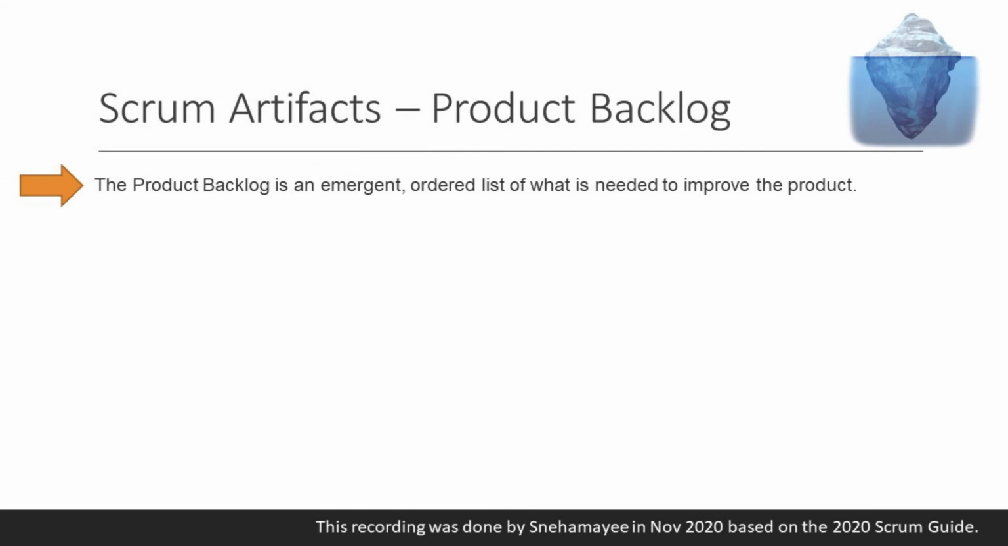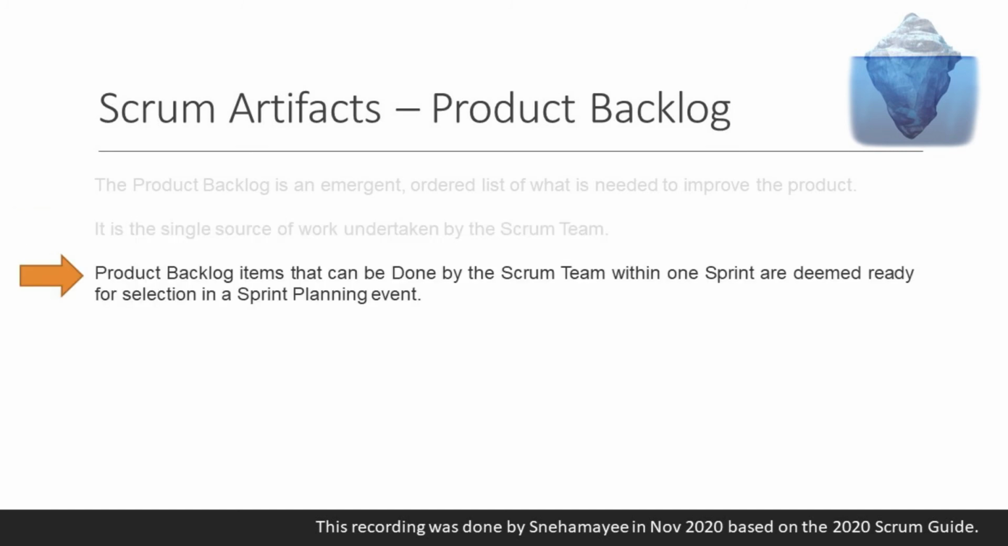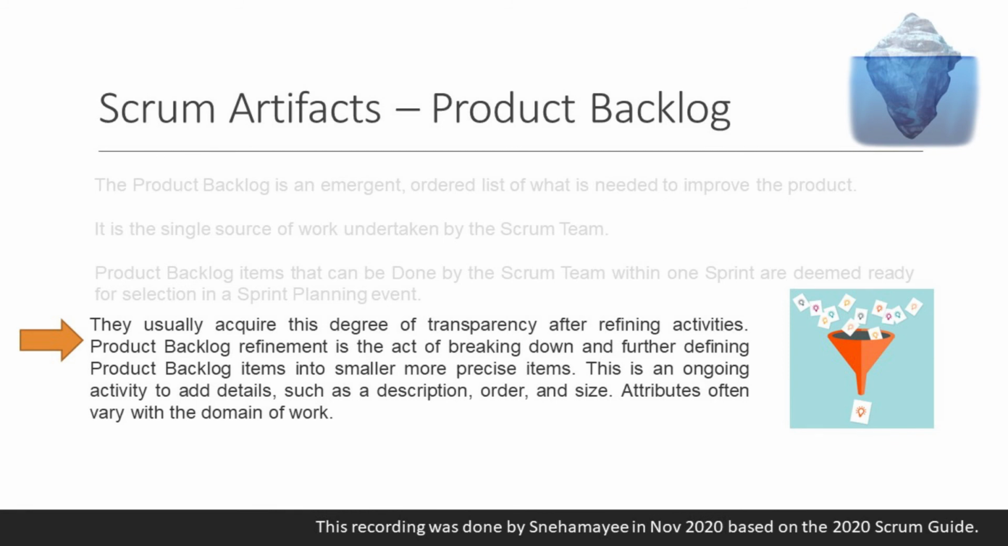The product backlog is an emergent, ordered list of what is needed to improve the product. It is the single source of work undertaken by the Scrum team. Product backlog items that can be done by the Scrum team within one sprint are deemed ready for selection in a sprint planning event. They usually acquire this degree of transparency